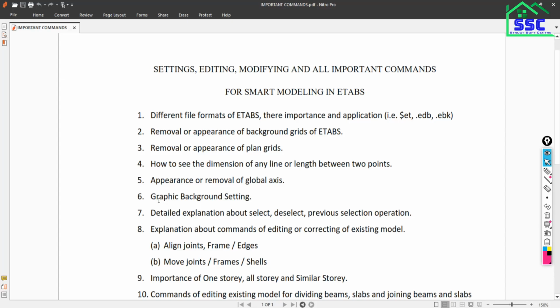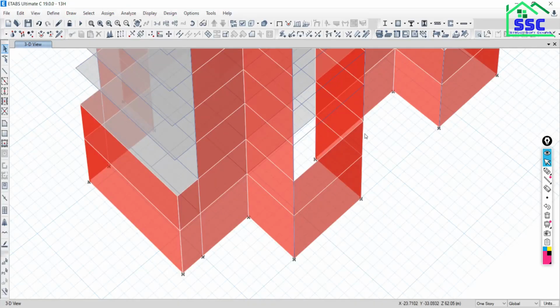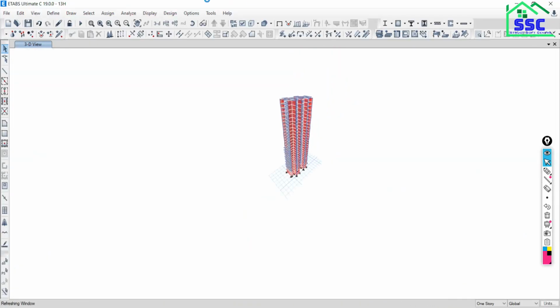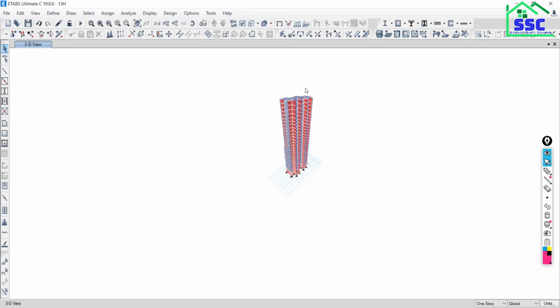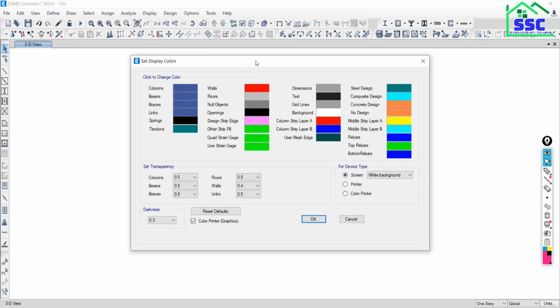Okay, then go back to important commands. Graphic background setting, very important. Graphic background setting. Go back to the tabs and go to option. And here graphic colors. Graphic colors and display. Just go to display. आपको display में क्या रखना है?